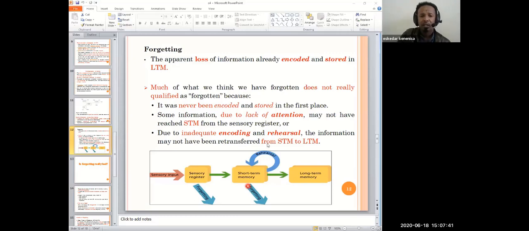The second thing is due to lack of attention. Some information may disappear from short-term memory, which has a capacity of 20 to 30 seconds. If information is lost from short-term memory, we cannot say it's forgotten, because it's not stored in the first place. The other thing is inadequate encoding and rehearsal; the information may not be